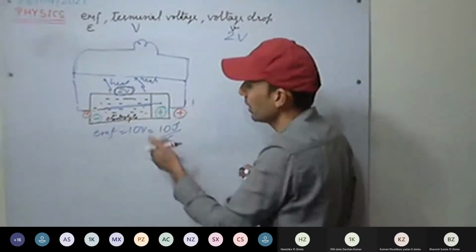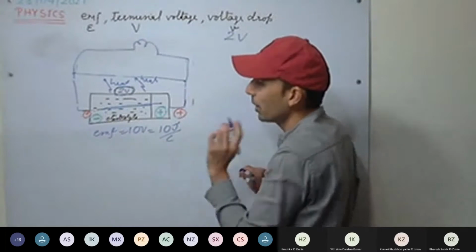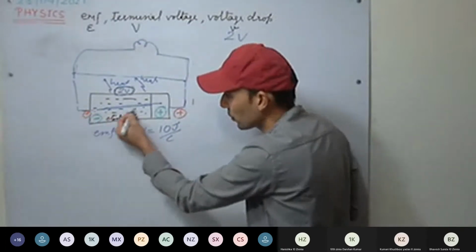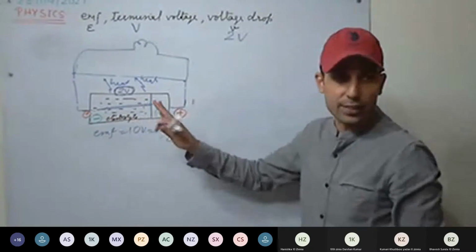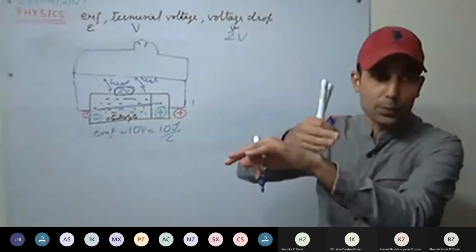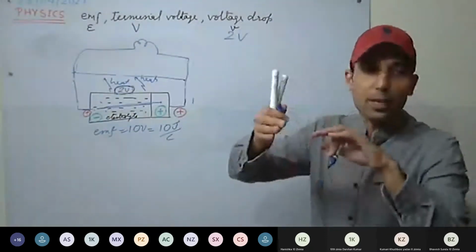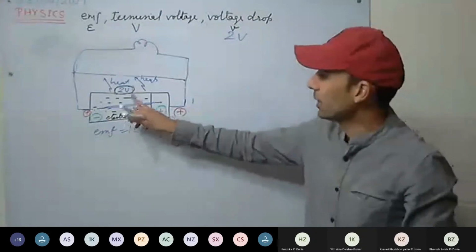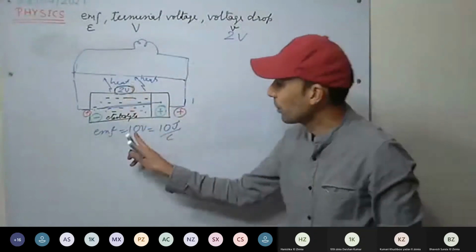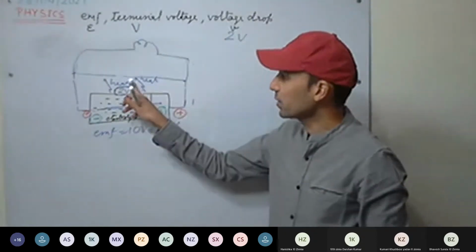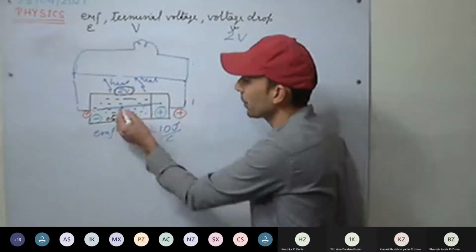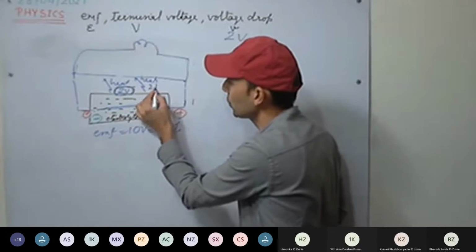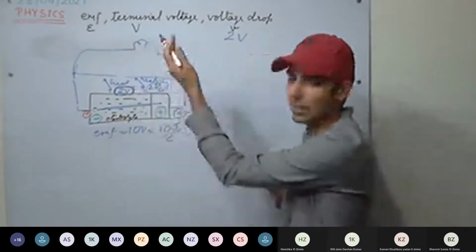So what has to be done? And how much work have we done? This much. But while making it move through the electrolyte, it offers resistance. It has to overcome the oxidation. It will have collisions. Because of that, heat will be released. Some of the energy is converted into heat, or wasted in the form of heat. So for example, 2 volt, that is 2 joule per coulomb of energy, is wasted as heat.